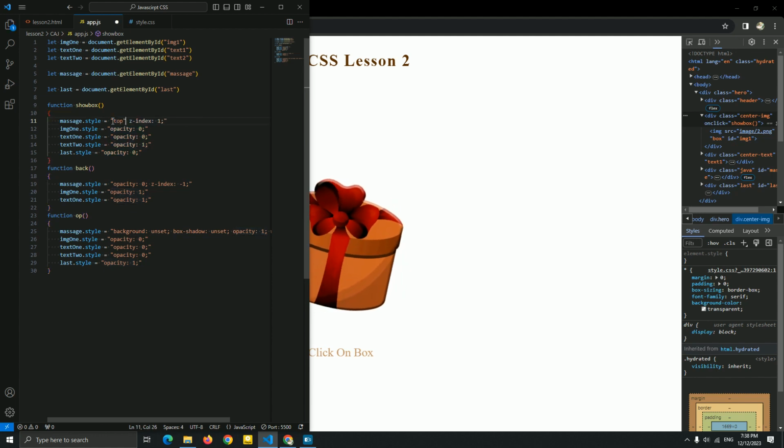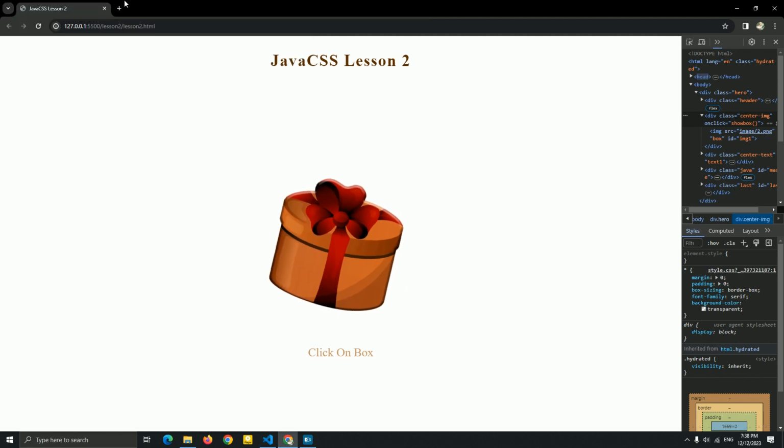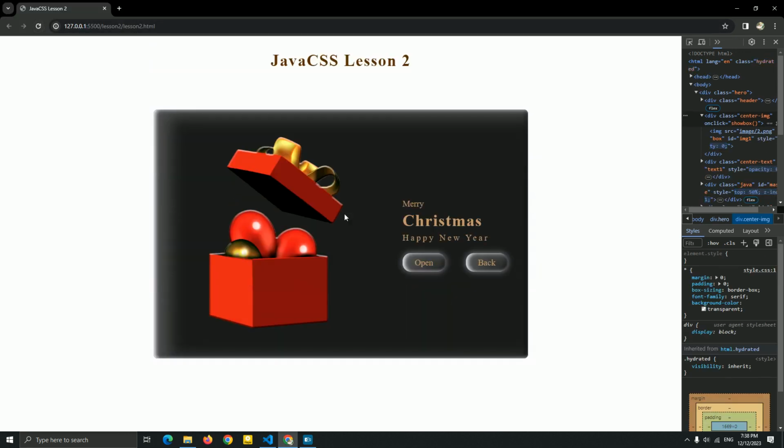Let me add it just at the top instead of opacity 50% to go to the center, and z-index -1. Okay, let me just remove. I just removed opacity. Now let's see it, guys. As you can see, we get this nice animation at the top and the bottom.